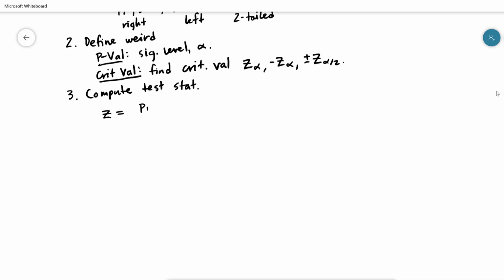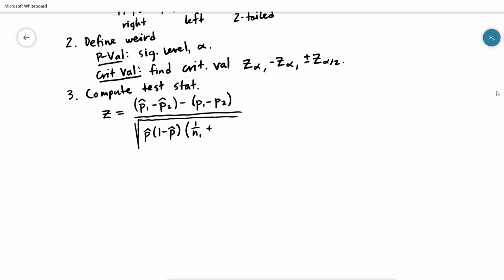We look at the difference between the two p-hat values. We subtract off the presumed difference of the actual population proportions, not from our sample. And then we divide by the standard error, which in this case looks like the following. So it looks like p-hat times 1 minus p-hat times 1 over n1 plus 1 over n2. So this formula is just getting uglier and uglier and uglier. And in fact, as I point out a few things in here,